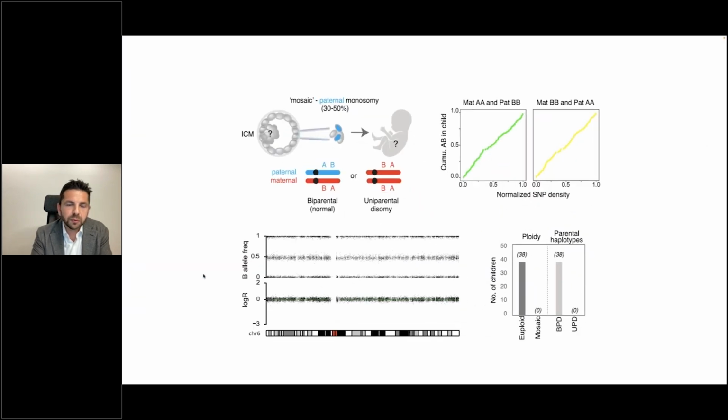Next, we could perform some postnatal cytogenetic follow-up. In this case, with Professor Eva Hoffman, we work on trios. We collect the saliva from newborns and the parental DNA, and we run high-density SNP arrays in order to check for the presence of mosaicism or any byproducts such as uniparental disomies. We did that for a limited number of families because it's extremely challenging, to be honest, to collect this type of samples and to get families involved after the delivery. But in these 38 families, we failed to detect any instance of mosaicism or UPD in newborns from putative mosaic embryos.